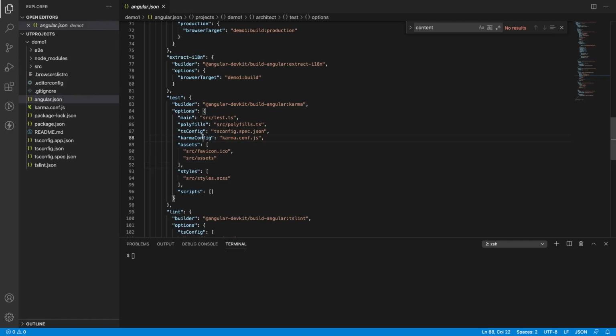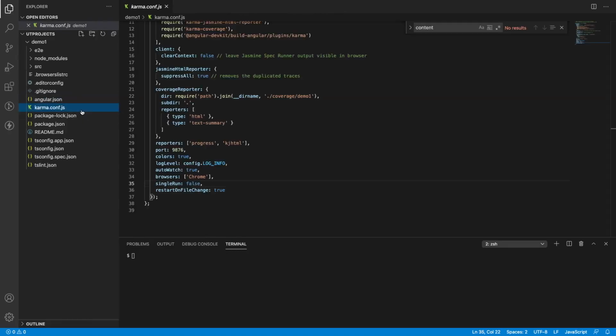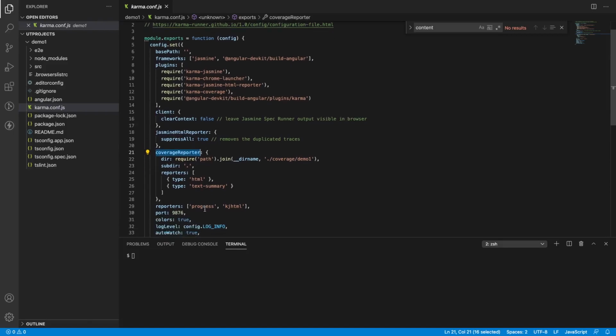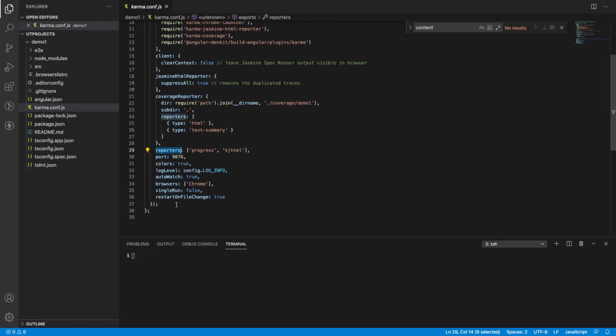And there is one more thing called karmaConfig. This is the main configuration for the Karma tool, where all the configurations required for Karma are set inside this file. If you see this file, we have many things like the frameworks we are using, the plugins we need, the Jasmine HTML reporter, the coverage reporter, and also reporters. We have many properties, and it will run on a port like 9876. After that we have something called browsers. Here we can write a number of browsers. By default, Karma provides Chrome as the default browser, and when we execute ng test, it will run in the Chrome browser by default.